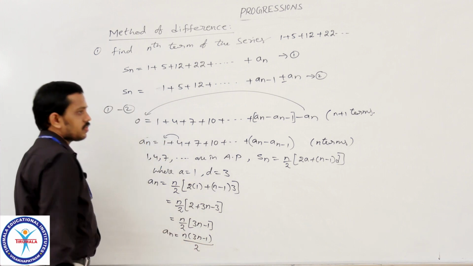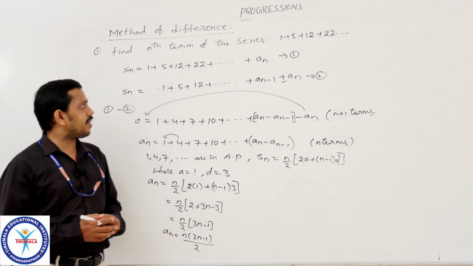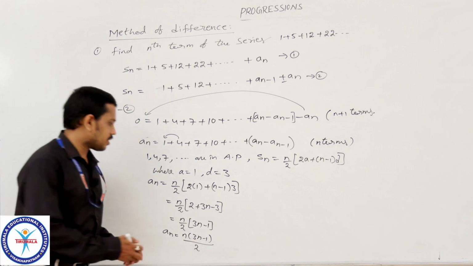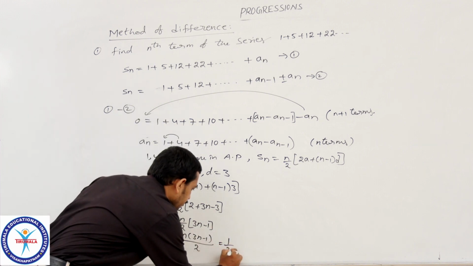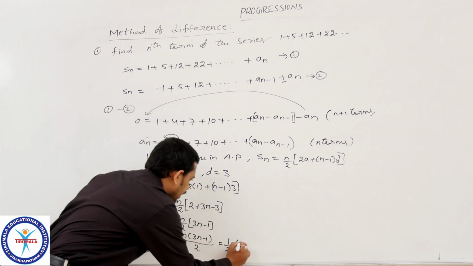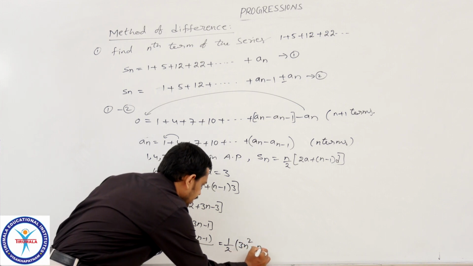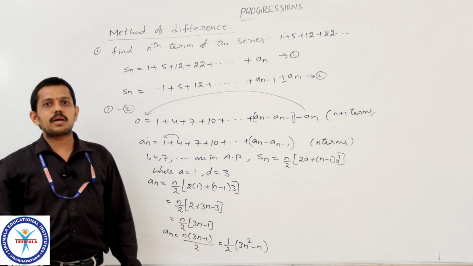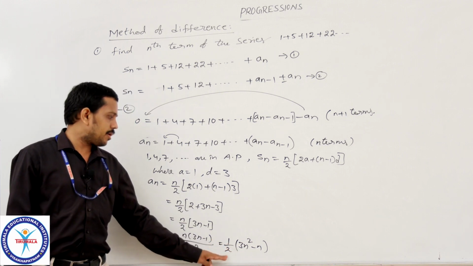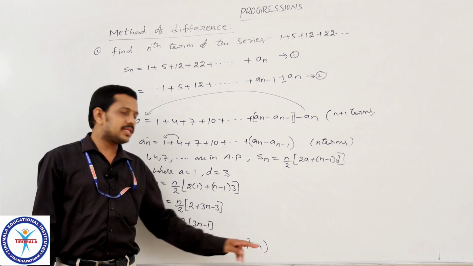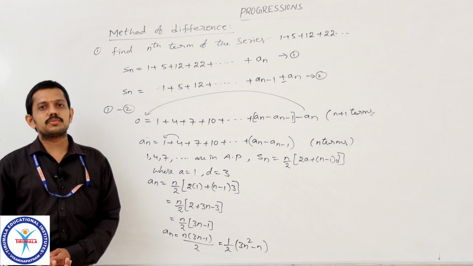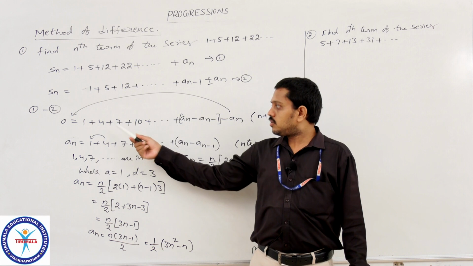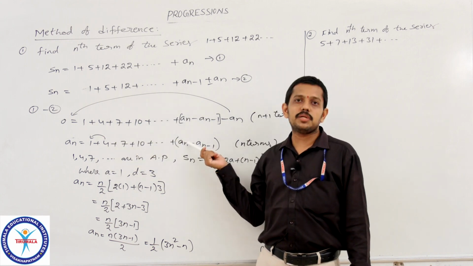This is the nth term. Now, suppose in this case they require the sum of n terms, then we will simplify this value. This is nothing but 1 by 2 into n into 3n square minus n. Then by writing sigma before the nth term, we will get the sum to n terms. That means 1 by 2 into 3 into sigma n square minus sigma n gives the sum to n terms of this series. Considering the difference of the series, we have the terms in arithmetic progression.